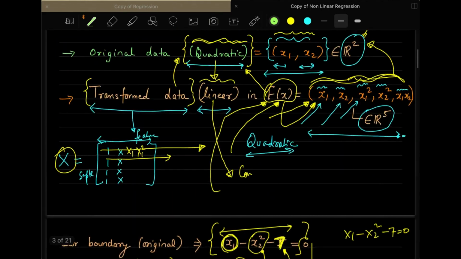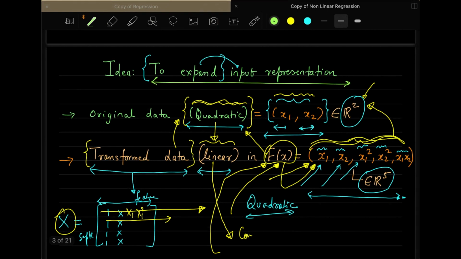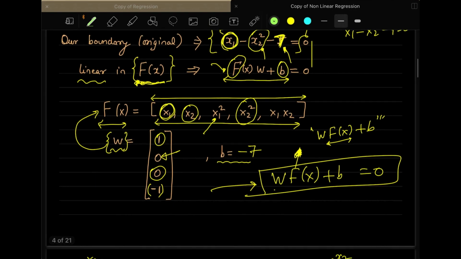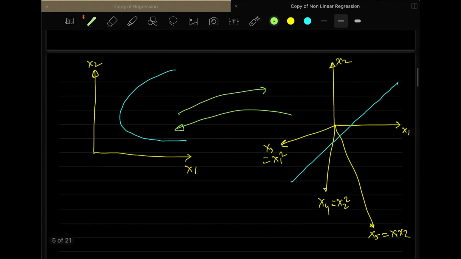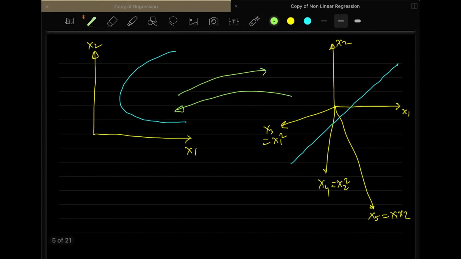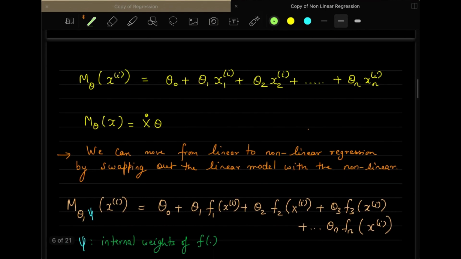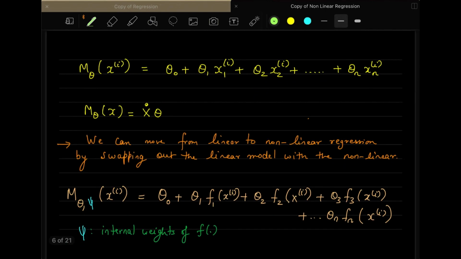So if you are able to understand this, then we can go further now and see. So this is the first thing. If you want to do nonlinear regression, you have to come up with additional features along with the original ones, which is given over here, as you can see here. So this will help you out in fitting the nonlinear boundary. So this is the intuition or the mathematics behind what's going on. But the nonlinear regression is very simple. You use the x square terms, x1 x2 terms, x1 x3 terms, sin x, but some way or the other in the background this is happening. So let us see something more.